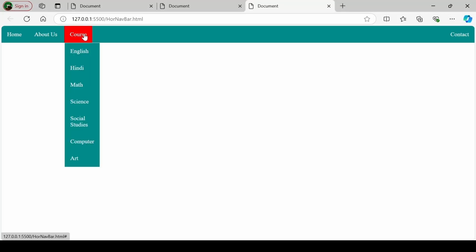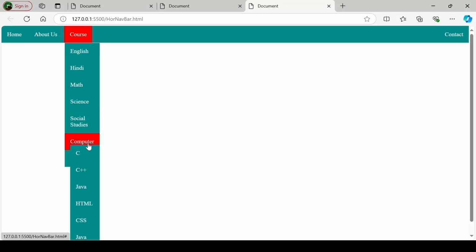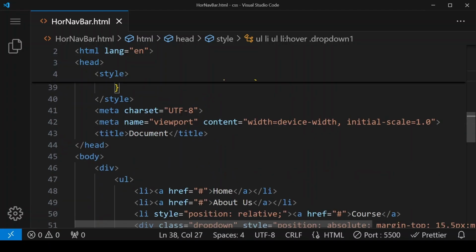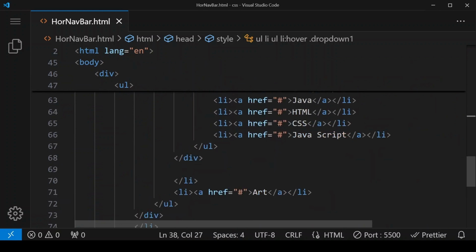So this is our course. Now we are putting our computer, and it is showing our list. Now we have to set its margin. So we'll go for inline CSS only. So here